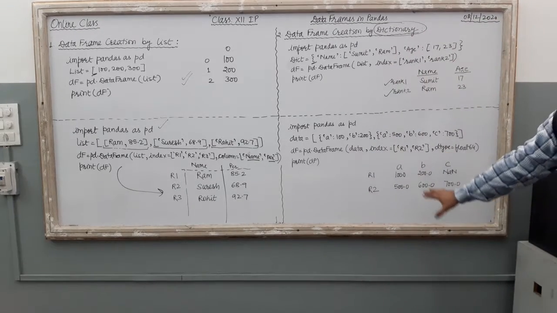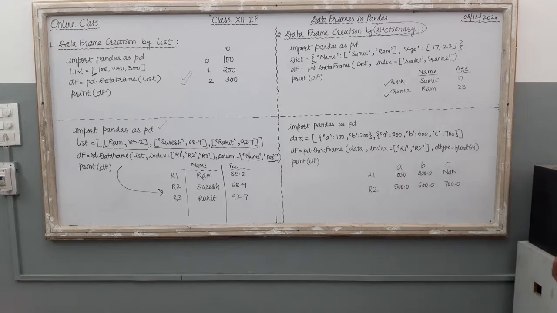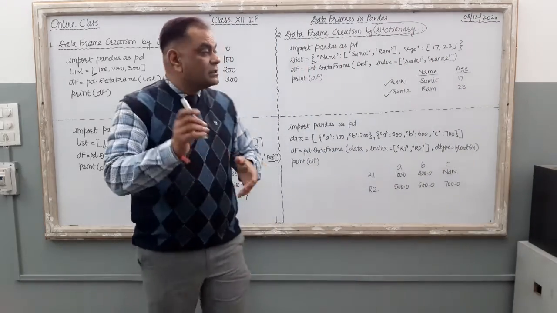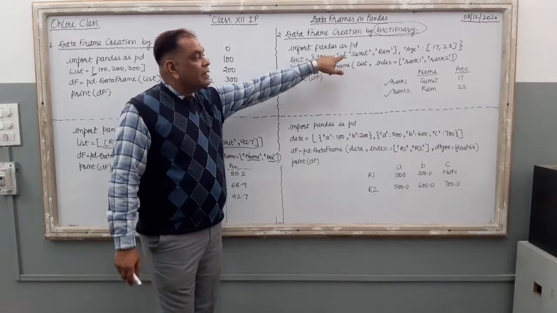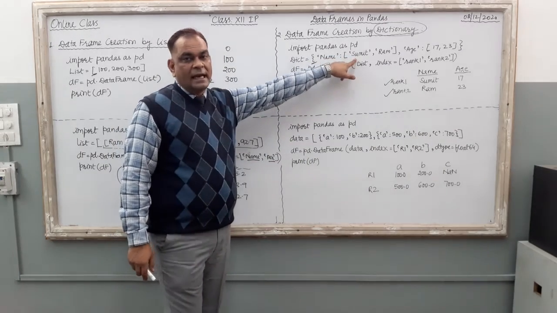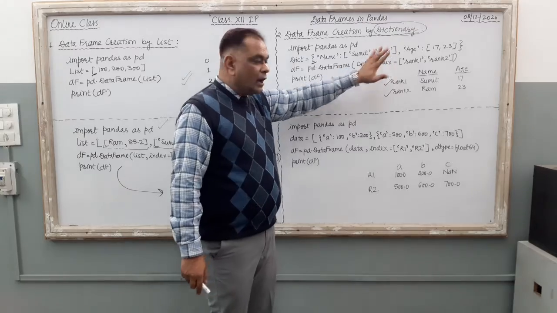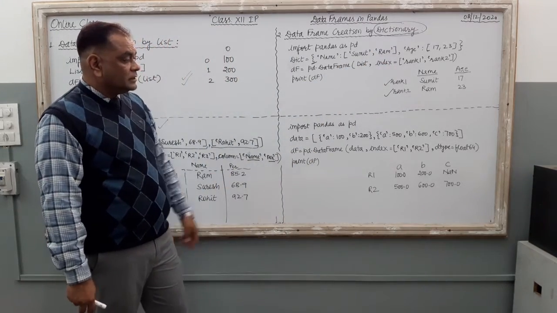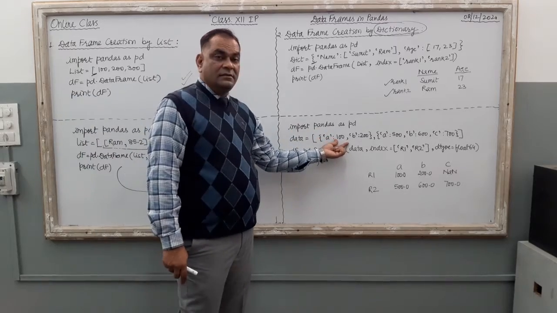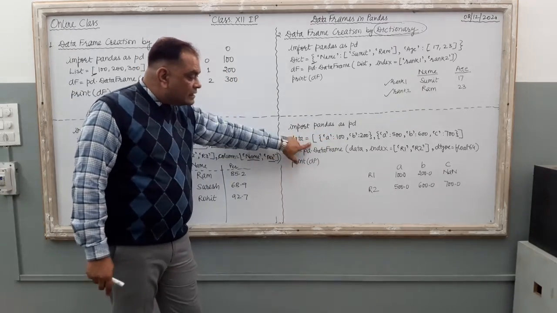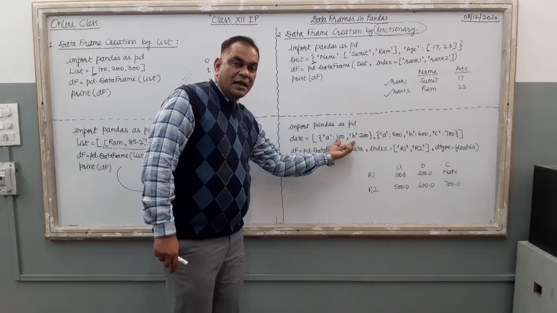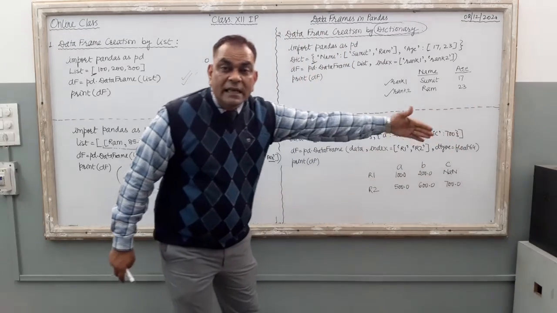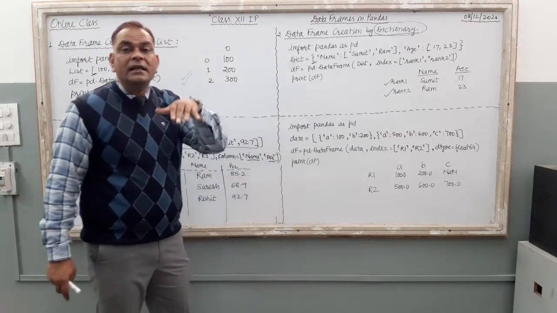It is also related with dictionary. You can create data frame with a dictionary by using two different styles. The first style क्या थी? Dictionary with list of values. Right? List of values are there. Now in the second concept, we use list of dictionaries. Here it is a list, and inside the list, dictionary 1, dictionary 2, dictionary 3, dictionary 4, multiple dictionaries are there inside the list variable.